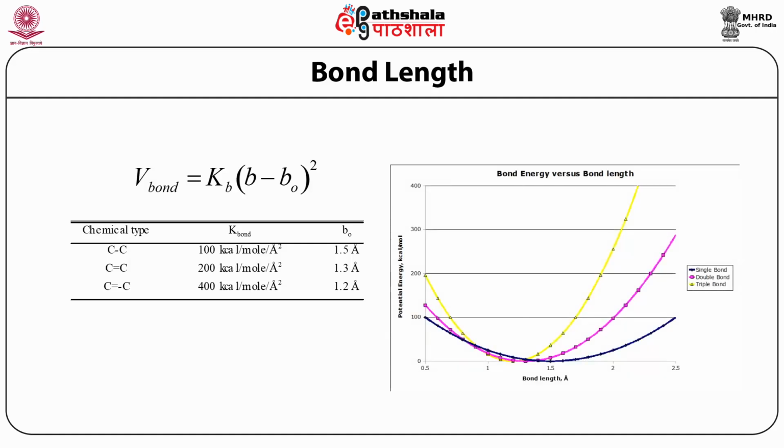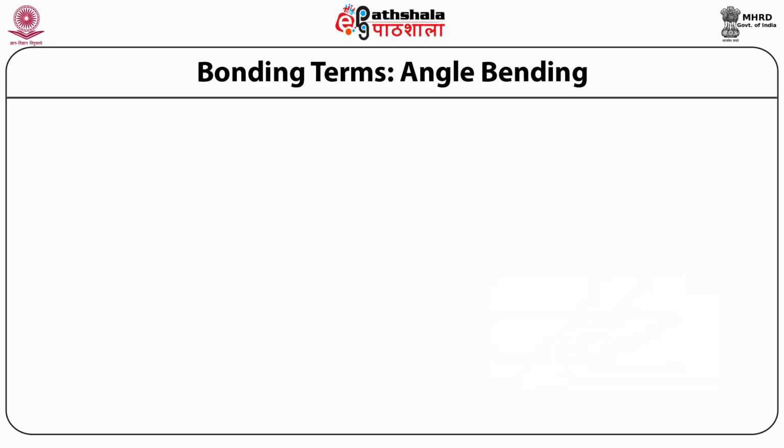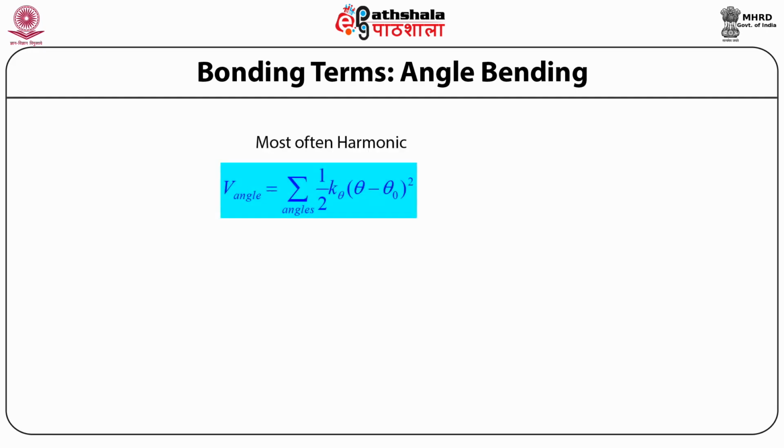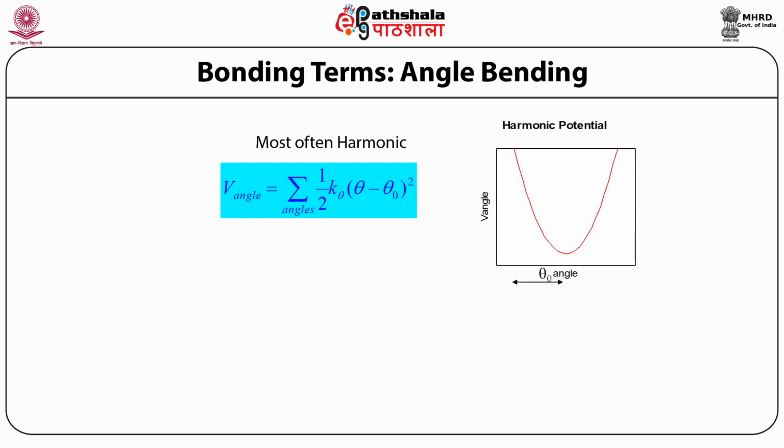If we plot, as you look at this function, only this function shows the steepness of the curve. However, the minimum energy distance also changes a little bit. And it is much steeper depending on the k values, as shown here in this plot. Now, I will talk about the bonding terms for angles and bending of angles, which are shown by a harmonic potential as usual, and one sample plot is shown here on the right hand side.